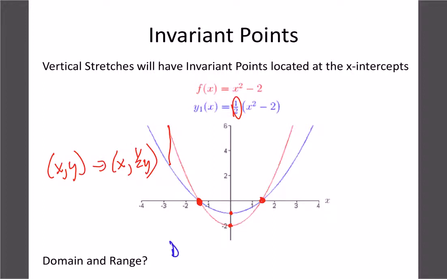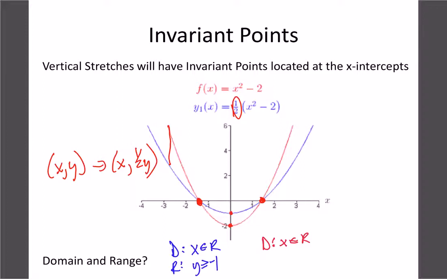The domain was any real number. I'll do it the old way. And our range was greater than or equal to -1. So now you can see in our stretched graph, it got squashed up and down, but our domain didn't change. It's still the same, and our vertex now is at